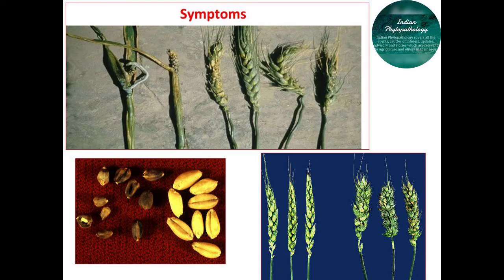So we have to use disease-free seeds for controlling such diseases. The most important point for management of this disease is the use of gall-free seeds, that means galls containing bacterial cells. Such gall-infected seeds should be avoided for sowing. Separate such galls from the seed by using brine solution treatment. Add 160 grams of sodium chloride per liter of water, which can help to easily separate such gall-infected seed from the healthy seed.